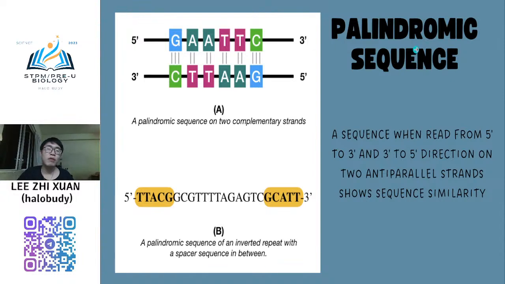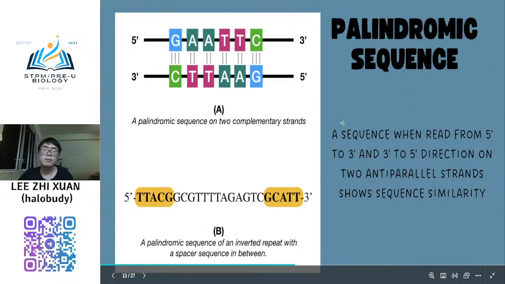This sequence is very important in genetic engineering, especially because we need to recognize the restriction site of the enzyme. All of the restriction sites of the DNA are palindromic sequences. You cannot say the restriction site is not a palindromic sequence. If it is not, the restriction enzyme will not cut it. So it must be a palindromic sequence. This is the term you need to know.